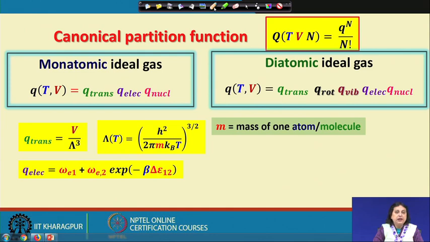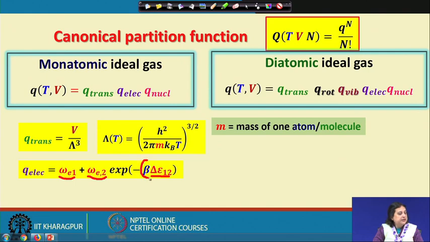If you know the electronic absorption spectrum, or if using quantum mechanics you are able to find the energy eigenstates corresponding to the electronic Schrodinger equation, then you have information of the degeneracy of the ground electronic state, the degeneracy of the first excited electronic state, and the energy difference between the ground and the first excited electronic state,